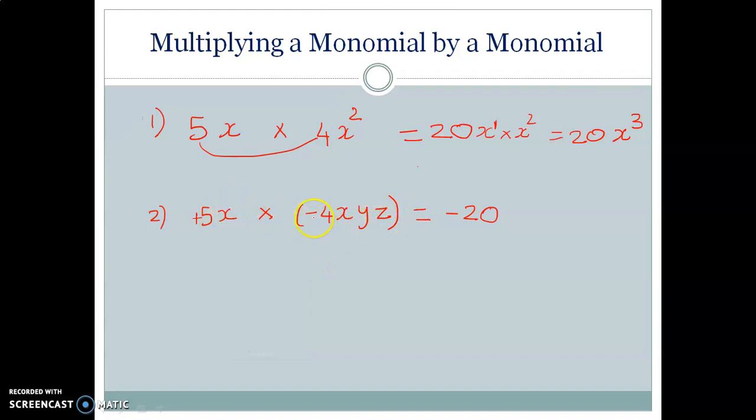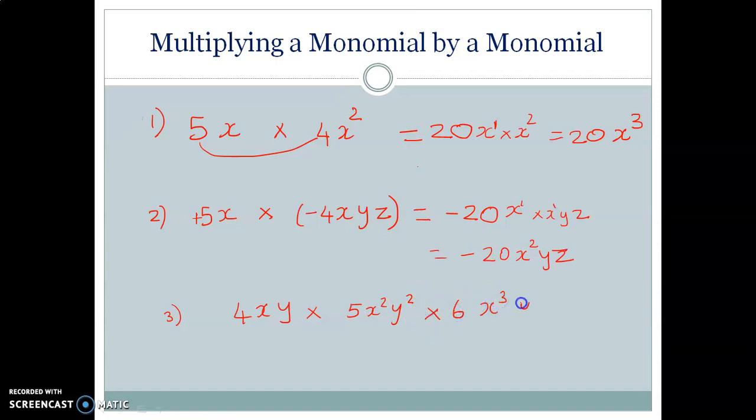How to multiply? Let me write together. x into x, y, z. Isn't it? So how will I get? Minus 20. Here I have power 1. Here I have power 1. So 20x square y z. This is the answer. Now the third question is 4xy into 5x squared y squared into